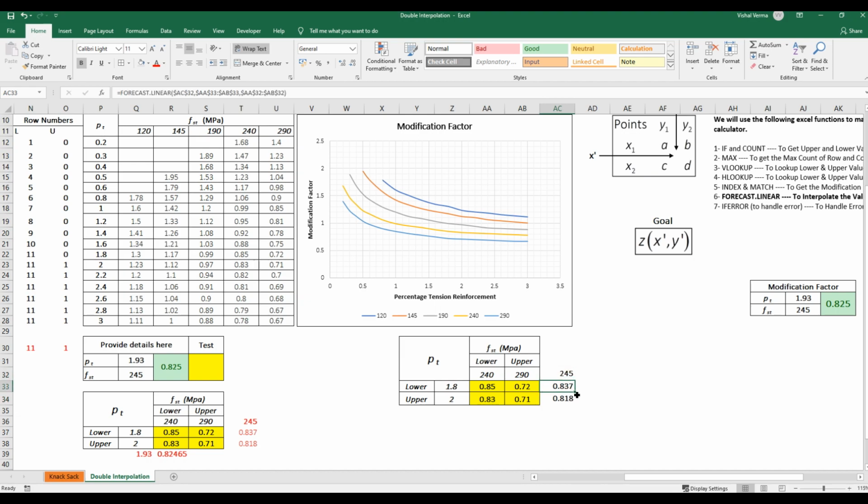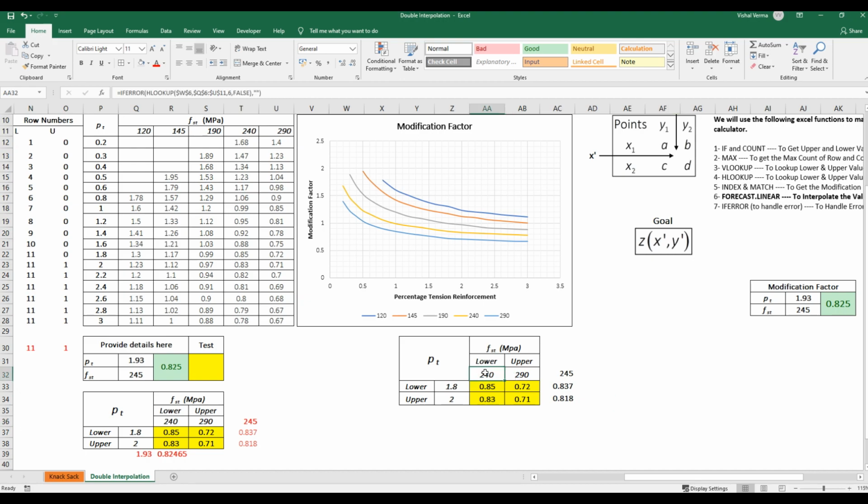So basically what we have calculated now is at 245 FST value, for 1.8 PT we have 0.837 as modification factor, and for PT equal to 2 and FST equal to 245 we have 0.818 modification factor.